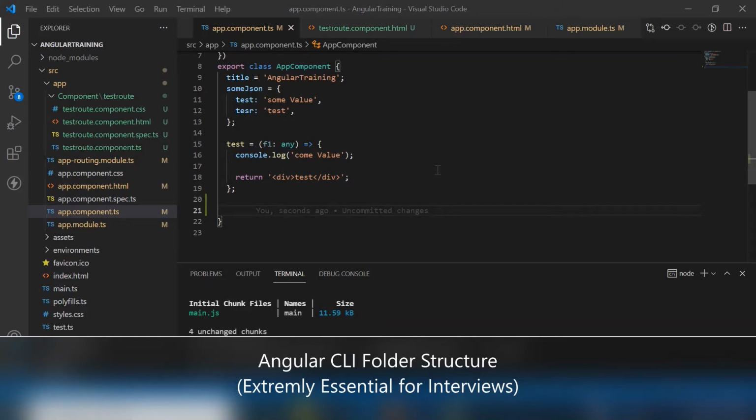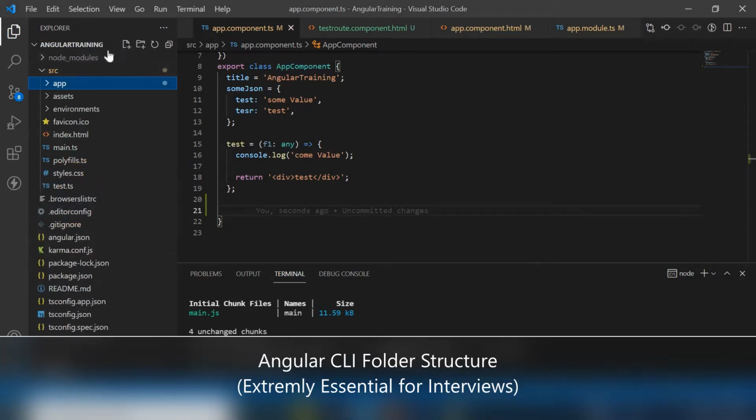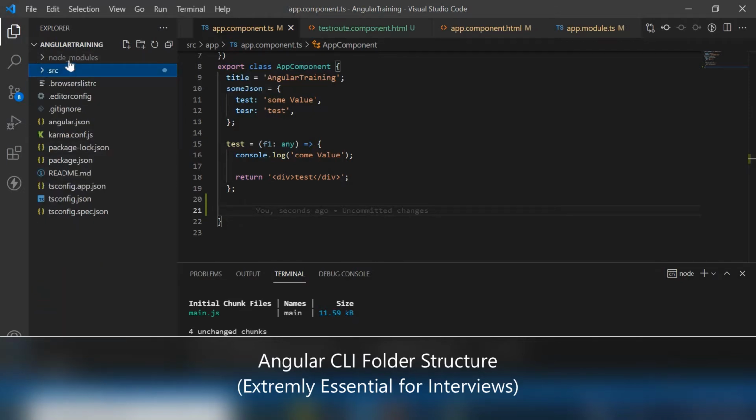So today we'll see the file structure of Angular. In last class we had seen how to create a new project in Angular, right? So now we got this project which is in front of you. This project has all this file structure, so we'll explore those today.